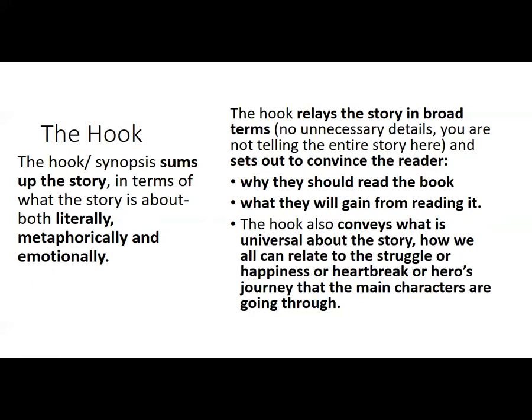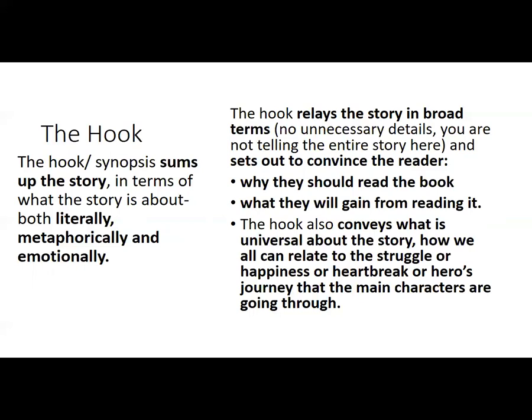It's going to also relay the story in broad terms. So you don't want to go into a million details, because that's what your book's for. You just want to give them a general, broad idea of what the story is about. And you're trying to convince the reader why they should want to read it and what they'll gain from